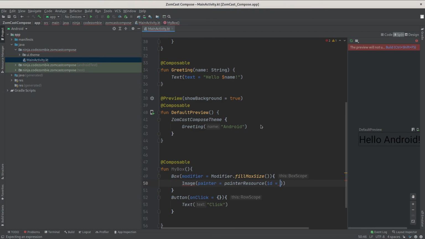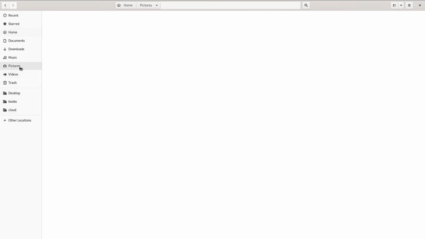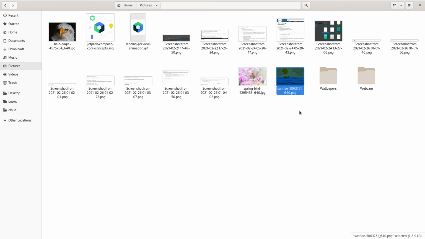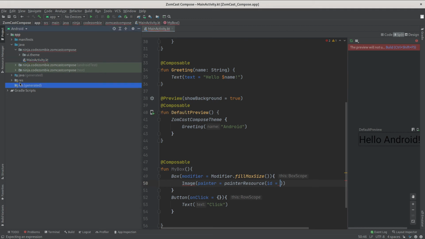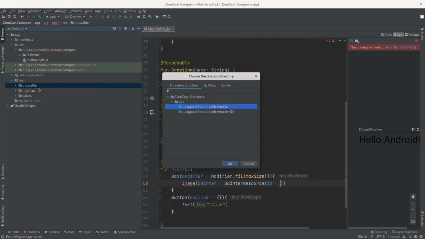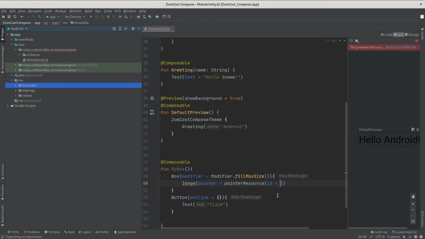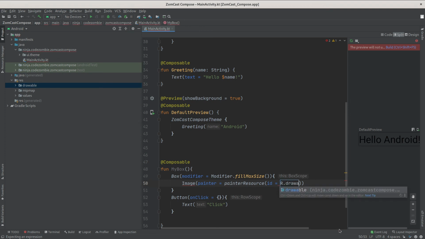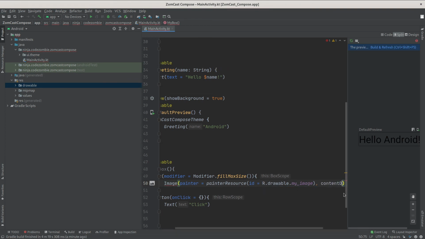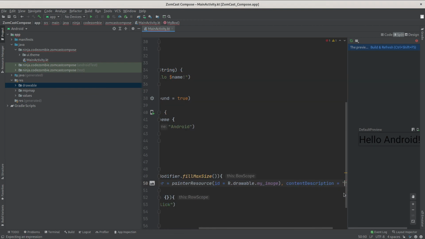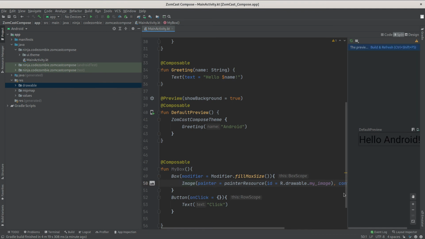So let's import an image that I have in my pictures directory to Android Studio. I have this picture, I copy it back to Android Studio and paste it in the resources drawable, and call my image R.drawable.myImage, and it also needs a content description as the second parameter, my image. Okay,